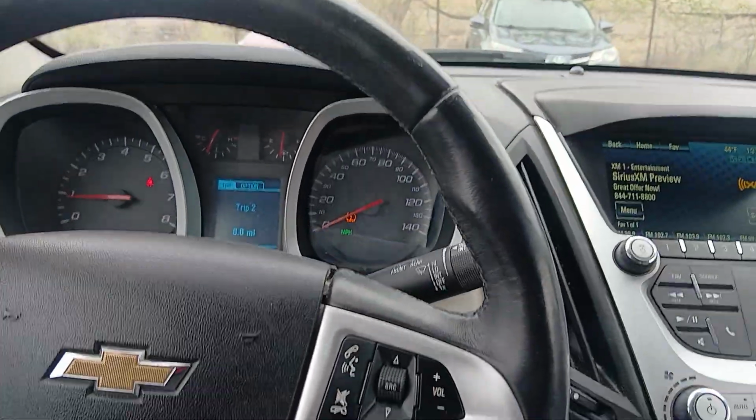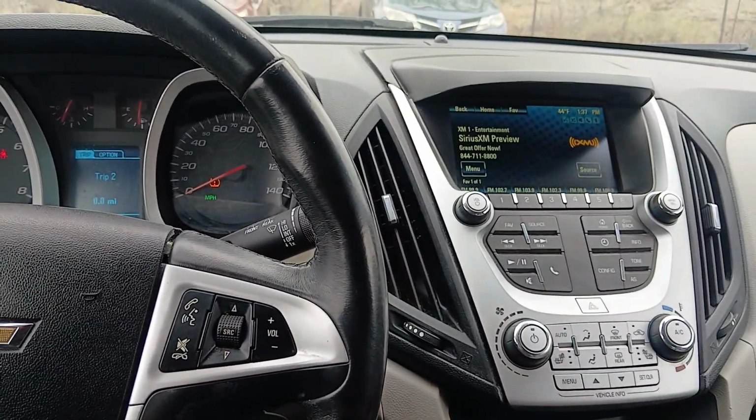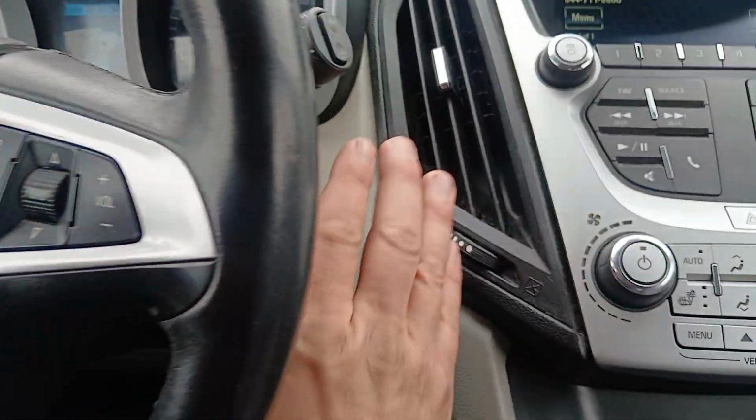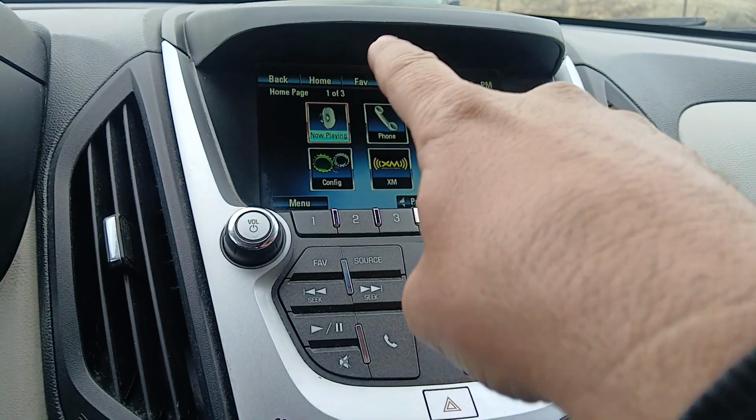Hello, I'm in a 2017 Chevy Equinox, and today I'm going to show you how to adjust your display settings between English, Spanish, or French. So first, make sure your vehicle's on, which this currently is, and then from your display screen from your home,